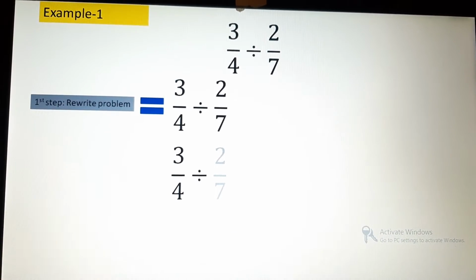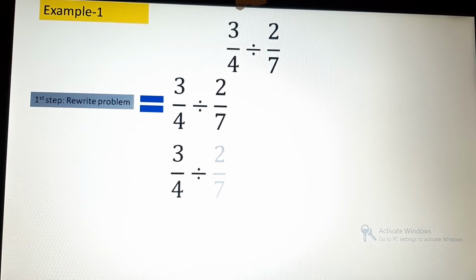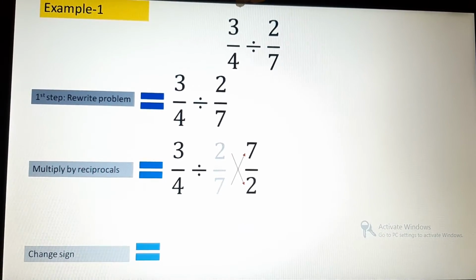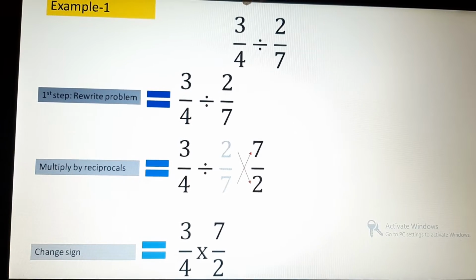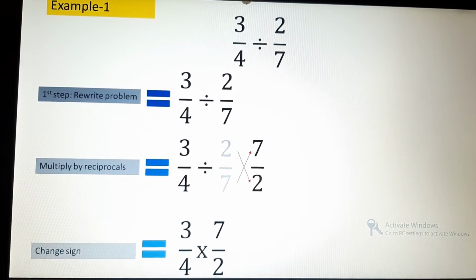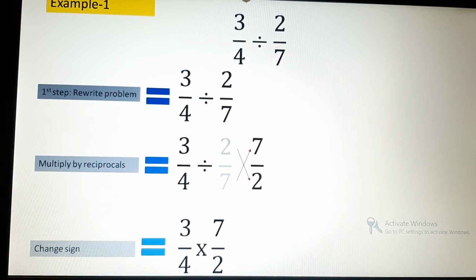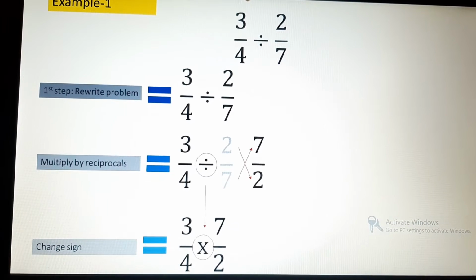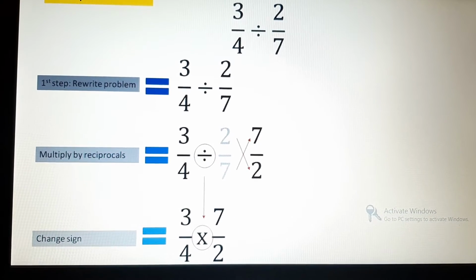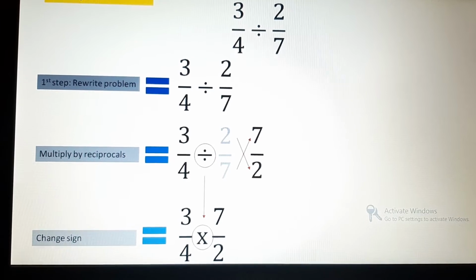Let's rewrite the problem and see, we are going to flip the fraction to 7/2, and we will change the sign of divide into multiplication. So we are having 3/4 multiplied by 7/2. Over here we have changed the dividing sign into multiplication and we have flipped the second fraction, that is 2/7, and it has become